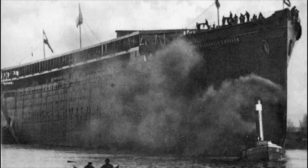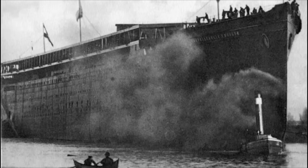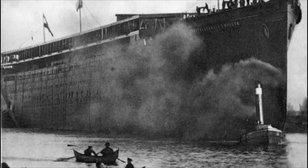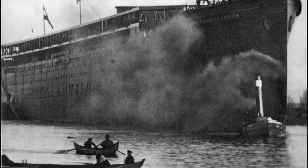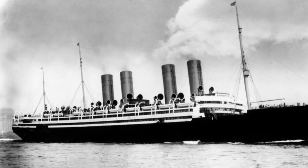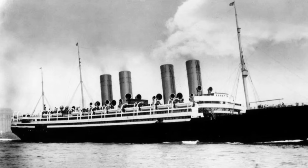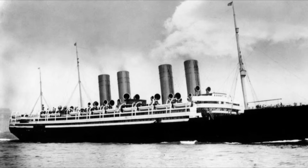The ship, named after Crown Princess Cecilie of Prussia, was launched by her father-in-law, German Emperor Wilhelm II. In July 1907, the Kronprinzessin Cecilie was scheduled to embark on her maiden voyage from Bremerhaven. However, before she could depart, the ship sank in the harbor. After being pumped out and repaired, she finally set sail on the 6th of August. The liner sailed on North German Lloyd's transatlantic route, departing from Bremen and occasionally stopping at ports such as Boston